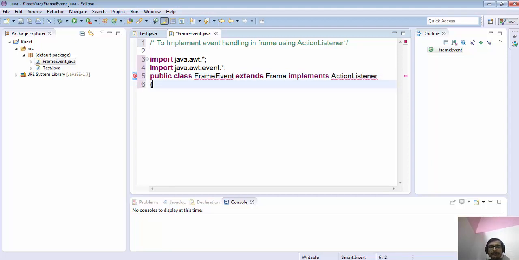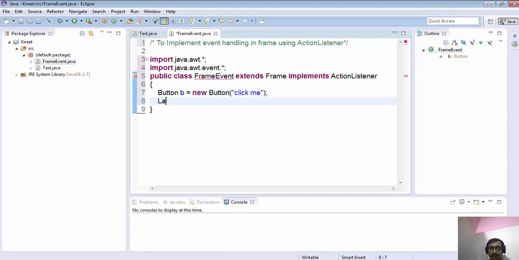So now we'll create the components. We declare Button b is equal to new Button that says "Click Me", its label is Click Me.